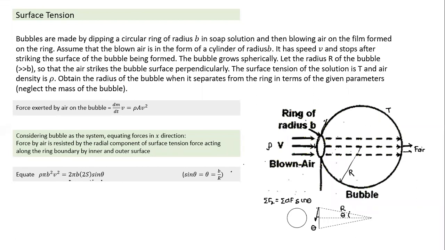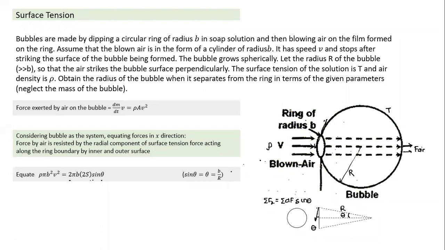If you multiply by sine theta, it becomes its axial component. And what is sine theta here? Theta is a small angle, so sine theta is equal to theta. Theta is nothing but this side by R here. I'm equating sine theta as theta here. Theta is equal to b by R. I substitute in place of sine theta, which is equal to theta, which is equal to b by R. I get my answer. And this question, yes,